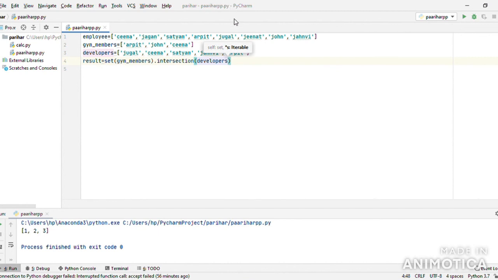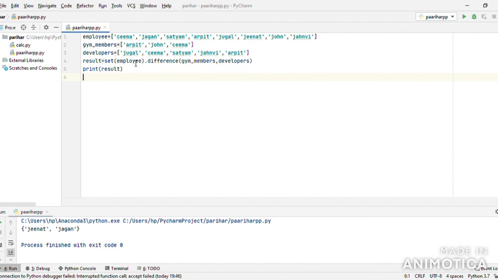This intersects that with developers, and then print result. So run it. So here we can see that we get the result of Arpit and Seema. Up here you can see that Arpit and Seema are there in both developers and gym members. Jeenat and Jagan are the employees who are neither gym members nor developers.